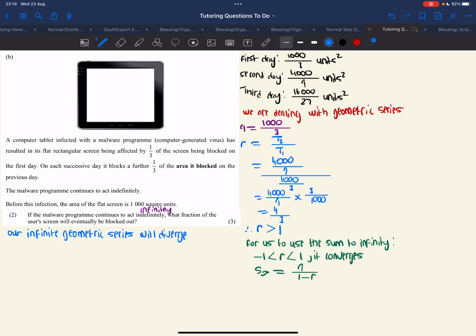Because remember, if it converged, then we would just use that formula and sub in a and r, and then we would get a fraction. But seeing that our r is bigger than 1, it means that our infinite geometric series will diverge. Now remember, according to the properties of a geometric series, if it doesn't converge, it's going to diverge. If it doesn't diverge, it's going to converge, right? Then if it diverges, this means that